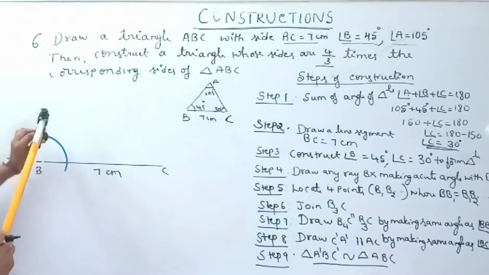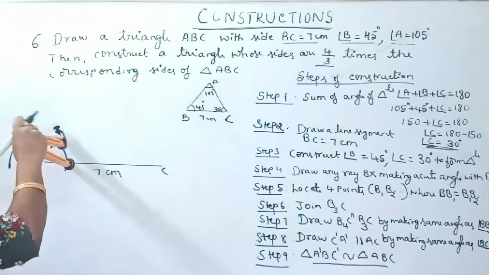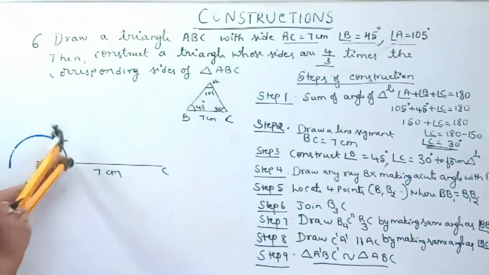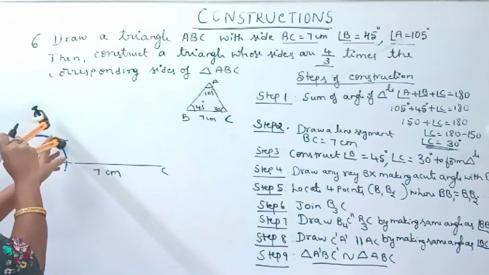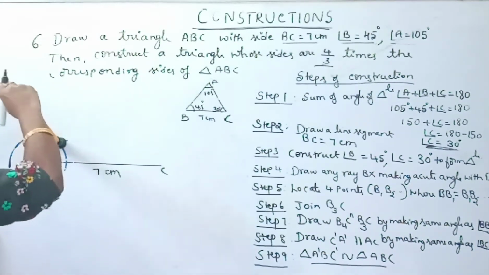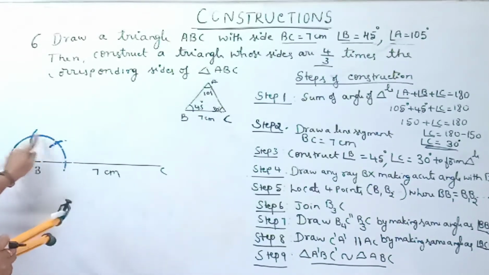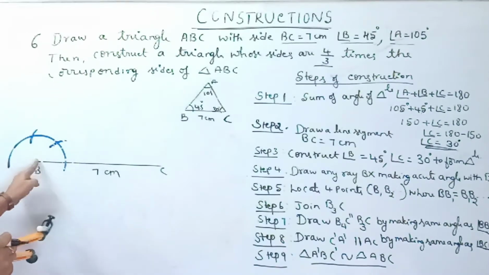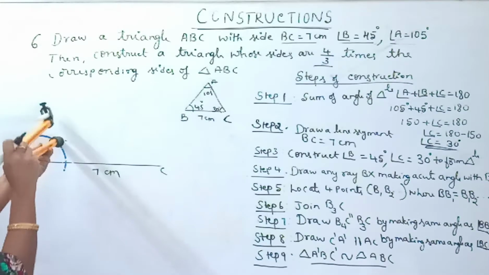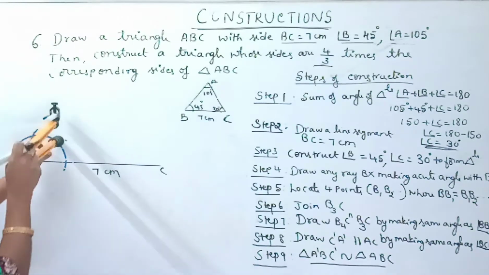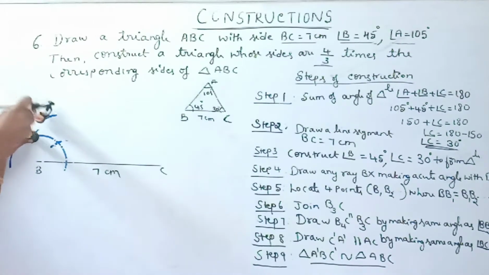Then keep your compass on that arc and draw one arc like this. Now if you measure, this is 60 degree you will get. From that arc again draw one more arc. This is 120 degree. Now in between 60 degree and 120 degree you will get 90 degree. So for that what we need to do? Keep your compass on that first arc and draw one more arc like this and keep your compass on another arc, cut that previous arc.